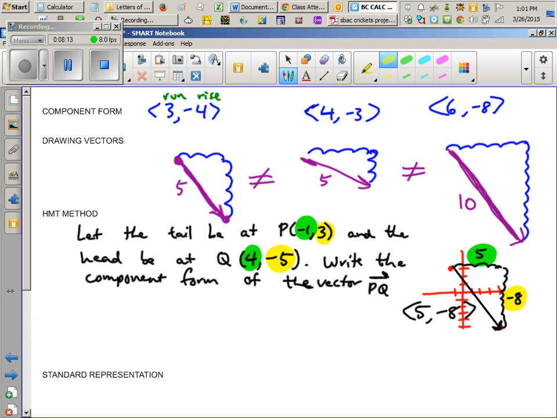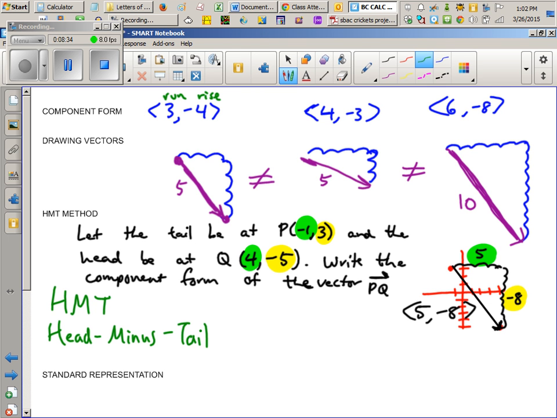But you definitely want to do head minus tail, because if you do tail minus head, then you will get the wrong direction. So that's what HMT method means. It means head minus tail method. Head minus tail. So let's title that. HMT means head minus